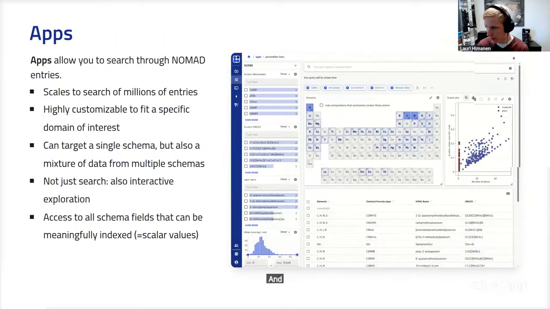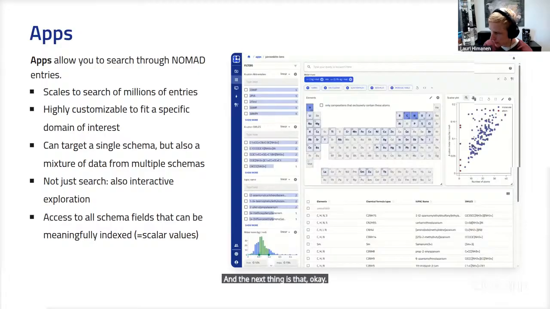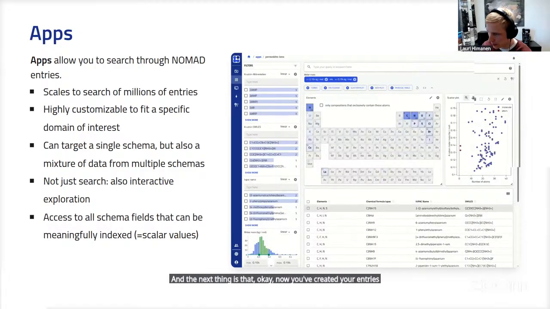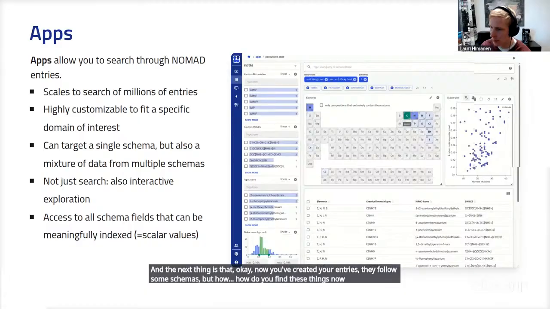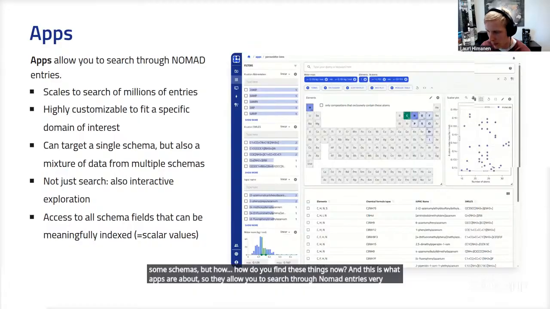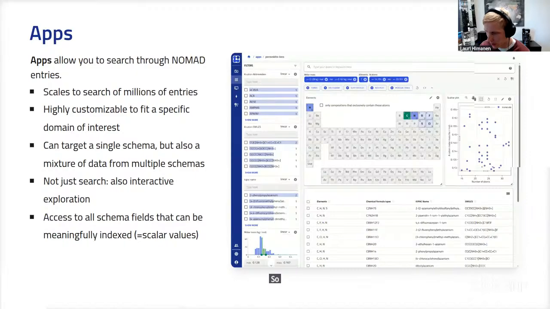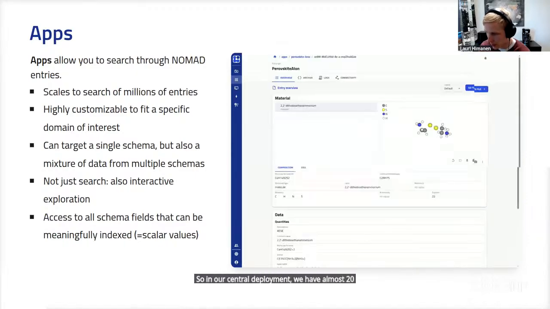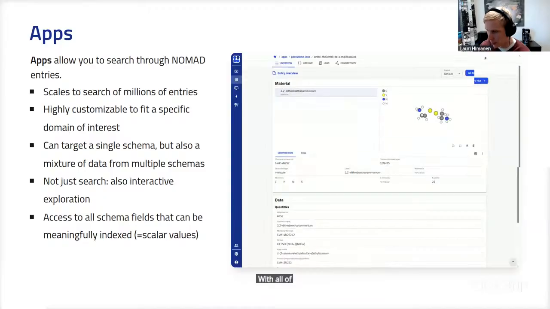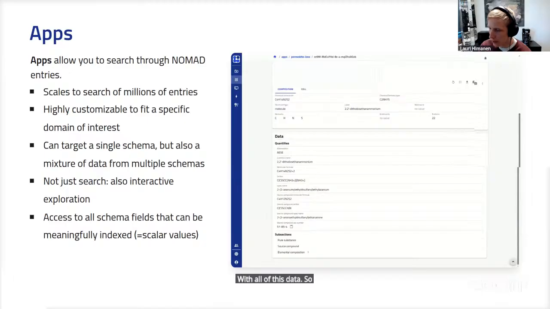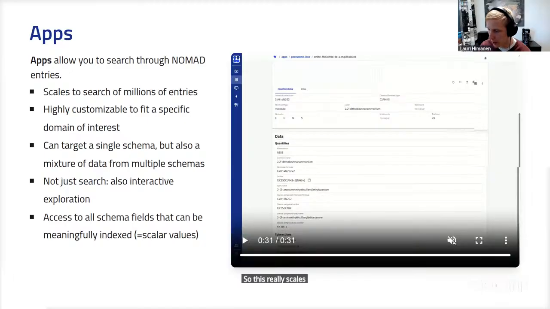And the next thing is that, okay, now you've created your entries, they follow some schemas, but how do you find these things now? And this is what apps are about. So they allow you to search through NOMAD entries very efficiently. In our central deployment we have almost 20 million entries, so this really scales to huge amounts of data.